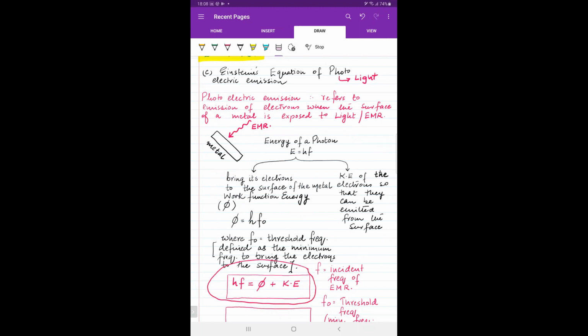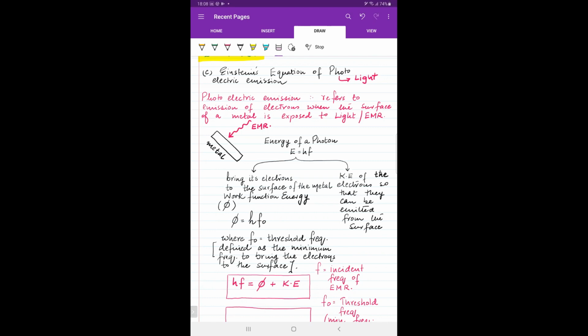Now he further suggested that the work function energy phi is given by the formula phi is equal to hf naught, where f naught, according to him, was defined as the threshold frequency. So what is threshold frequency? It is defined as the minimum frequency required to bring the electrons to the surface. So in case अगर आपको definitions को learn करना troublesome लगे ना, तो मैंने ये proper definitions नीचे लिखी हुई हैं, but nonetheless I think इस तरह से learn करना simple है